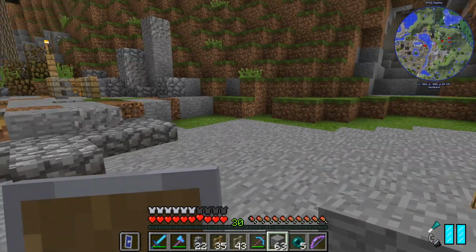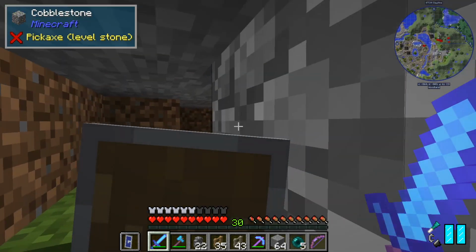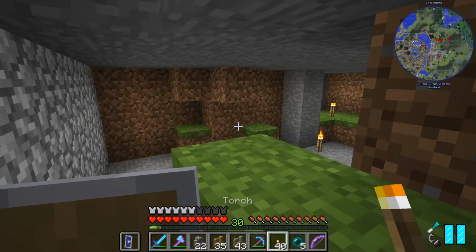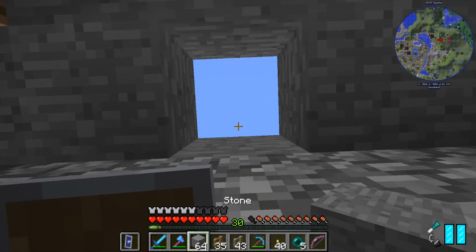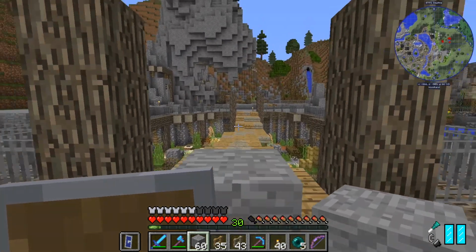I heard a skeleton. Where are you? Oh, he's right there. I see him. Okay, so you clearly need a torch down here. Don't want any skeletons spawning in down here. That's not any fun. It makes weird noises and it scares the guests, so we want to make sure that you are dealt with. Okay, now we can get back out of here,